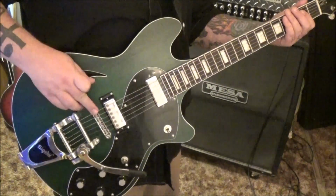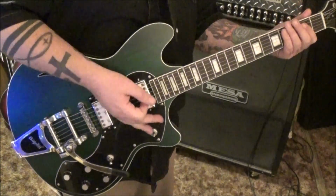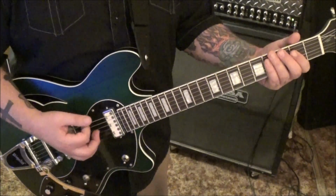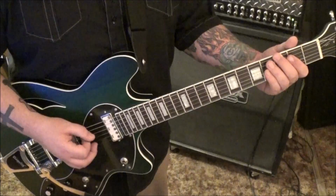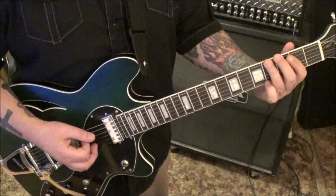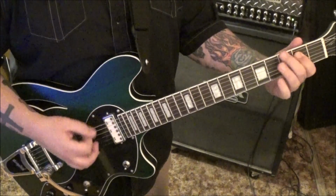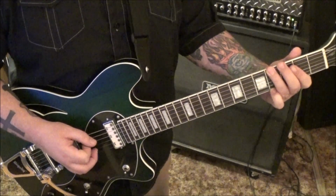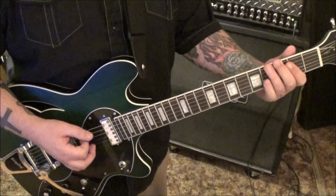Light pressure with the palm right in front of the bridge. Don't choke the note out. Make sure you can feel that bridge, and you'll get a good palm mute. Down, rest, up, 4. This is all palm muted, so it's... And then reverse that, 4 to 3, up, down. So...